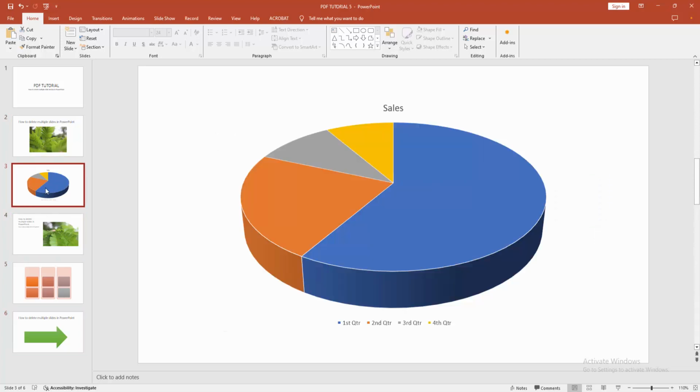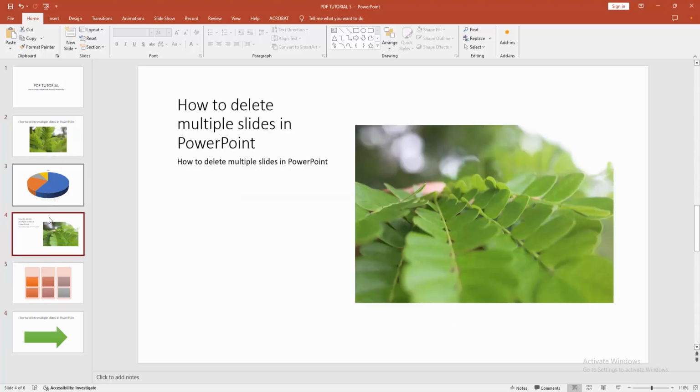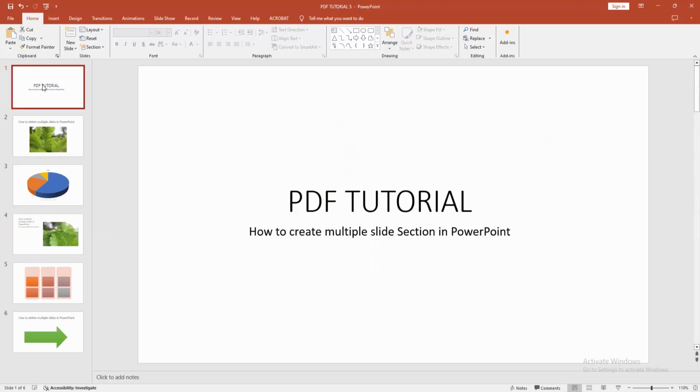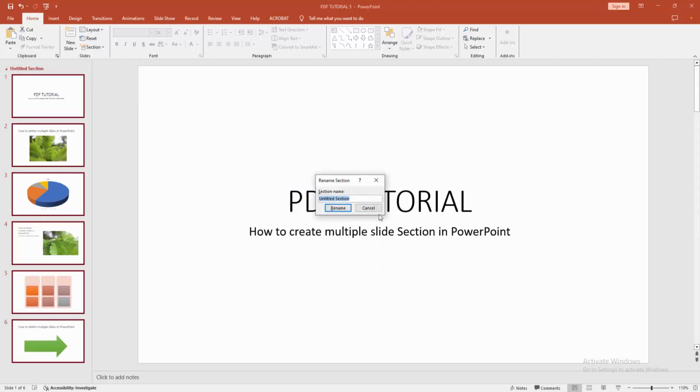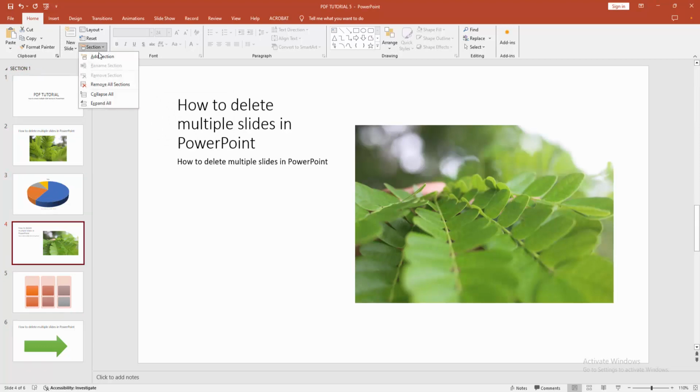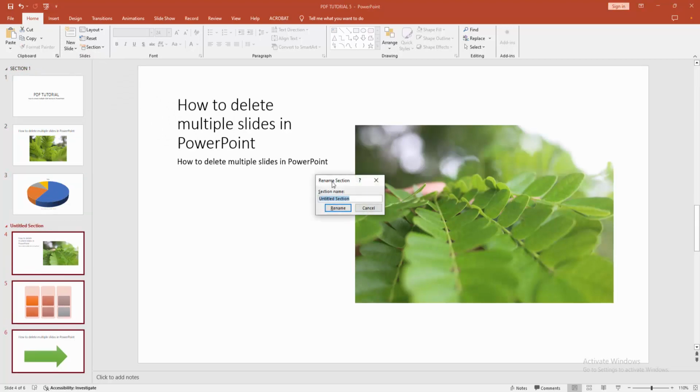Firstly, go to the slide pane and we can see 4 slides here. Now I select the first slide, then click the Section option and click Add Section. Now I rename the section. I write Section 1. You can rename this to any name, then click the Rename option. Then go down and again click the Section option and click Add Section, then again rename the section. Now I rename this Section 2,